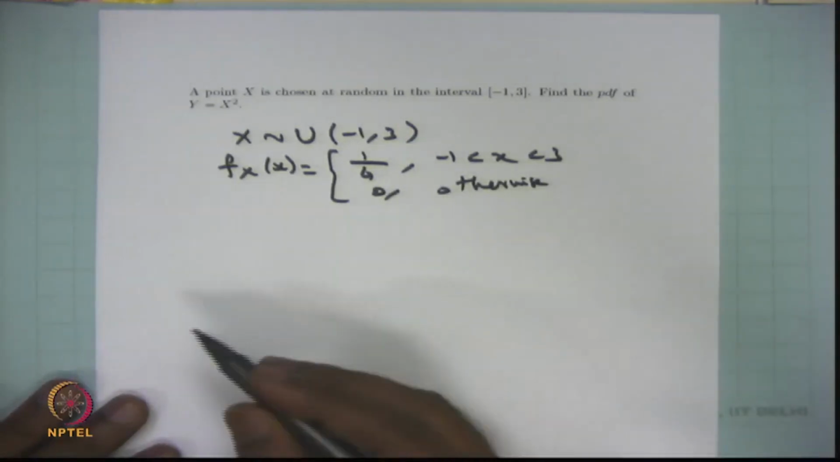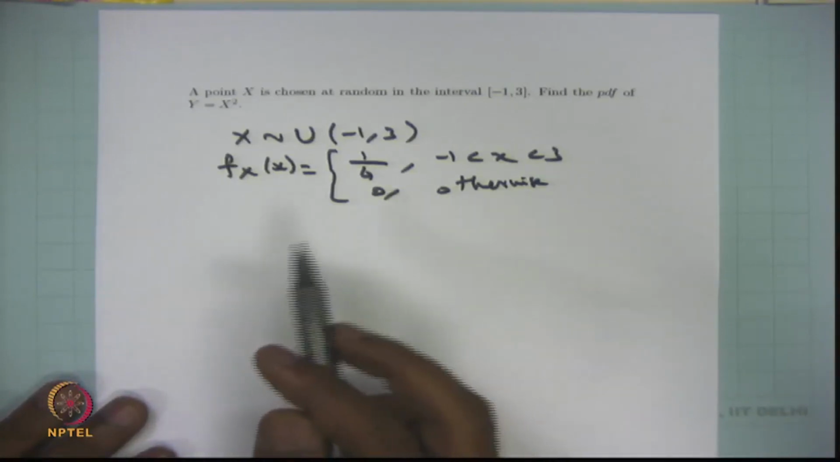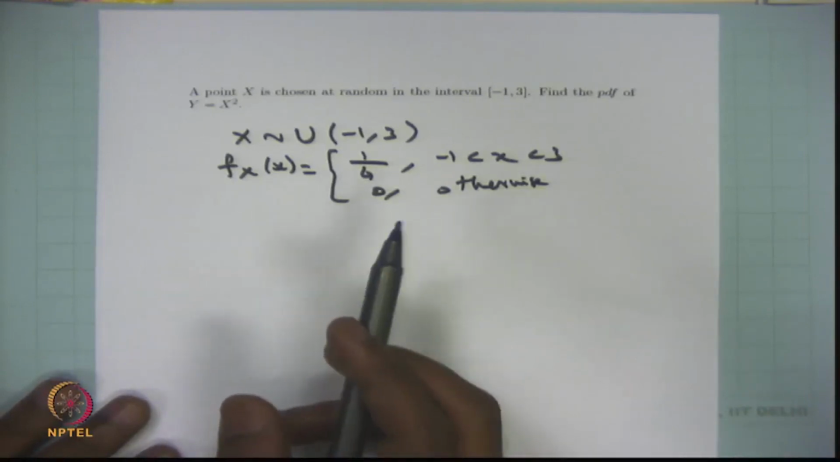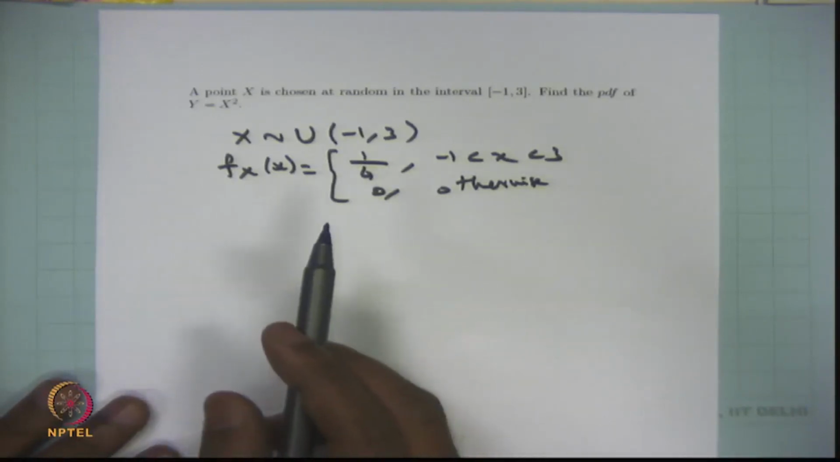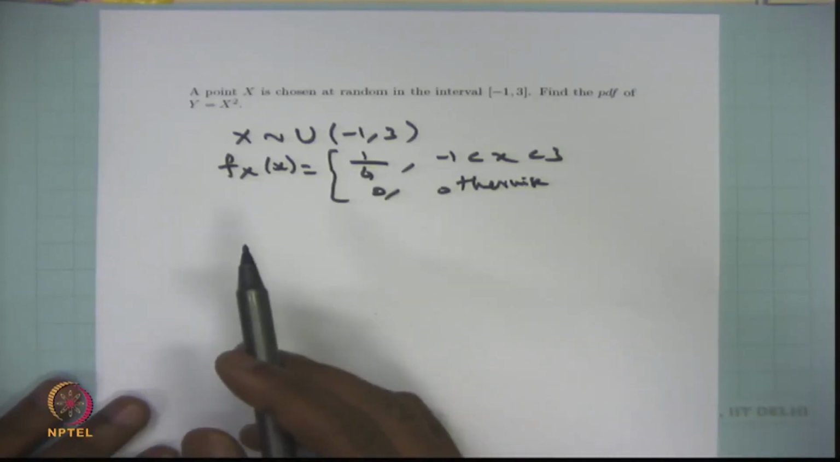We will keep the probability density function of x, because the question is to find the probability density function of y equal to x square. That means with the help of the distribution of x, you have to find the probability density function of y. There are two ways. You can use the CDF method to get the CDF of y,